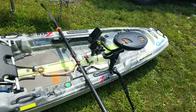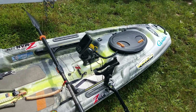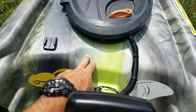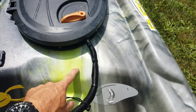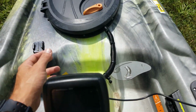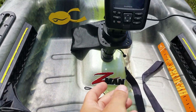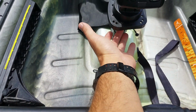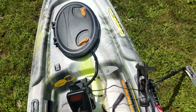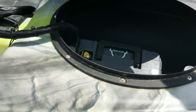Last video I left off, I told you that I was gonna do something with my fish finder. I planned on originally drilling holes right here. I was going to drill probably 2 of them, one for the power and the transducer and then whatever else. But I chose a different route. I bought the Scotty mount, the platform for the Garmin, and I used that transducer arm. But anyways, what I ended up doing was, instead of drilling holes like I said, I went to, I believe,